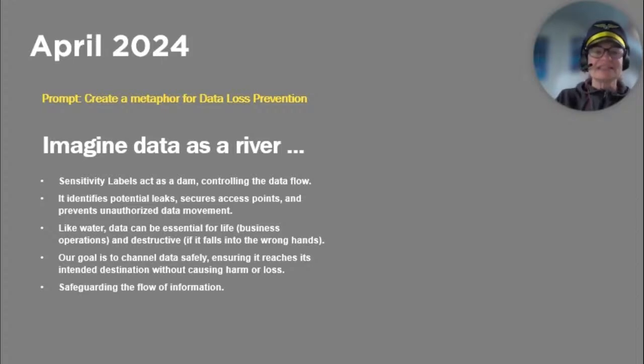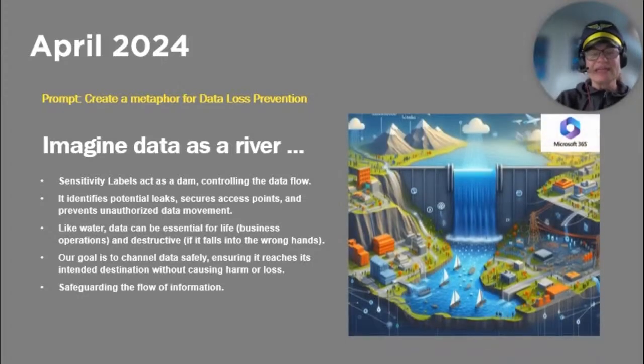Sensitivity labels act as a dam, controlling the data flow. It identifies potential leaks, secures access points, and prevents unauthorized data movement. I'm not going to read the whole load out. Imagine data as a river. So then I put that into a summarized version of that, which Copilot did for me, and I put that into Microsoft Designer, and I got these